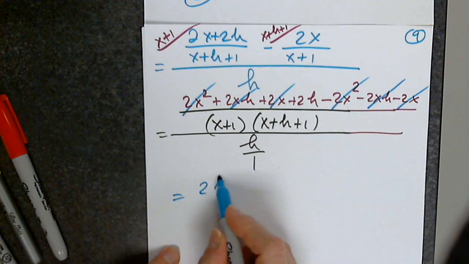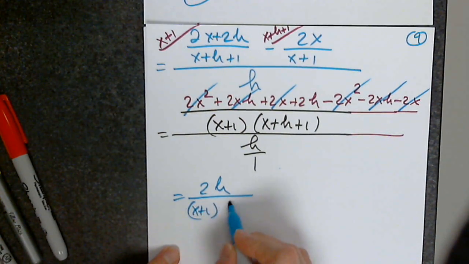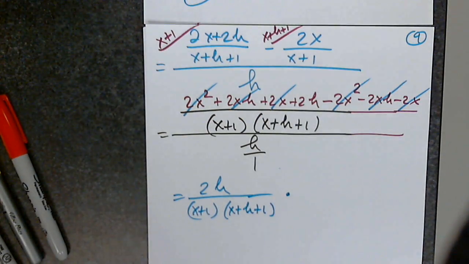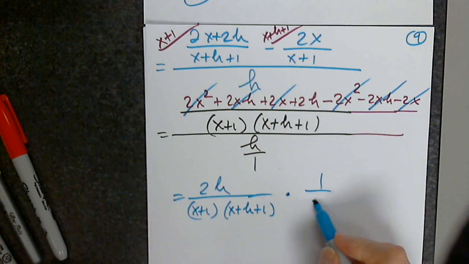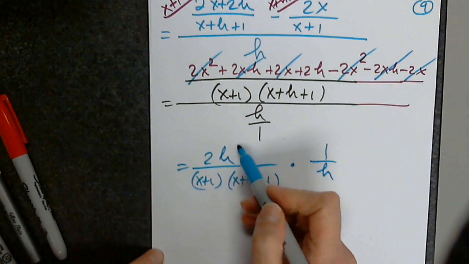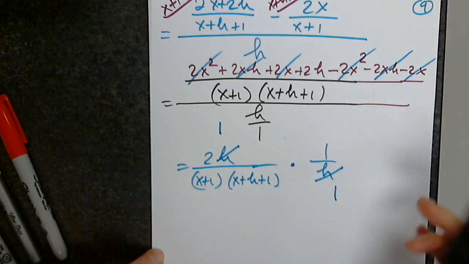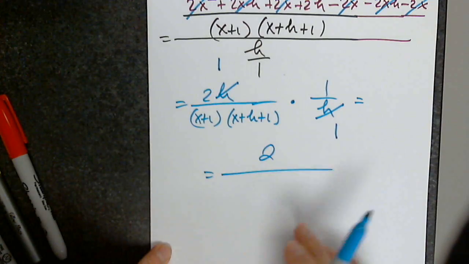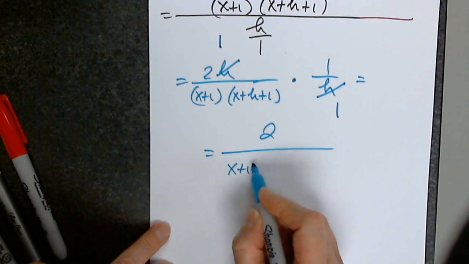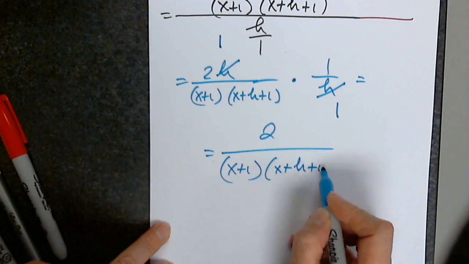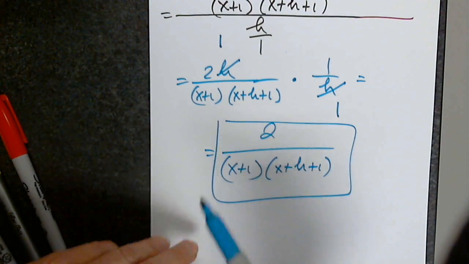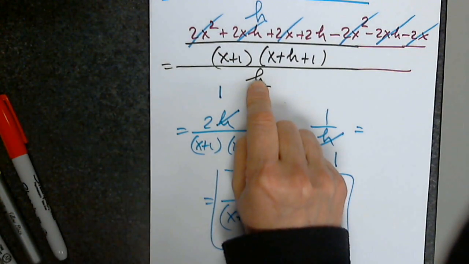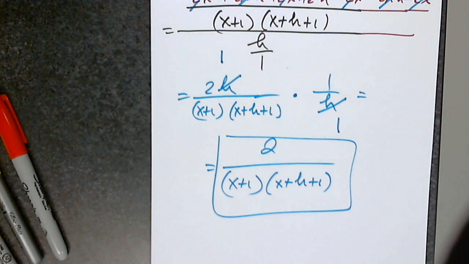So now I copy 2h over x plus 1, x plus h plus 1, multiplied by 1 over h. So now I'm ready to simplify by h and I get 1. And the final form will be 2 over x plus 1, x plus h plus 1. So the target was to eliminate this, and we accomplished that. There is still a denominator